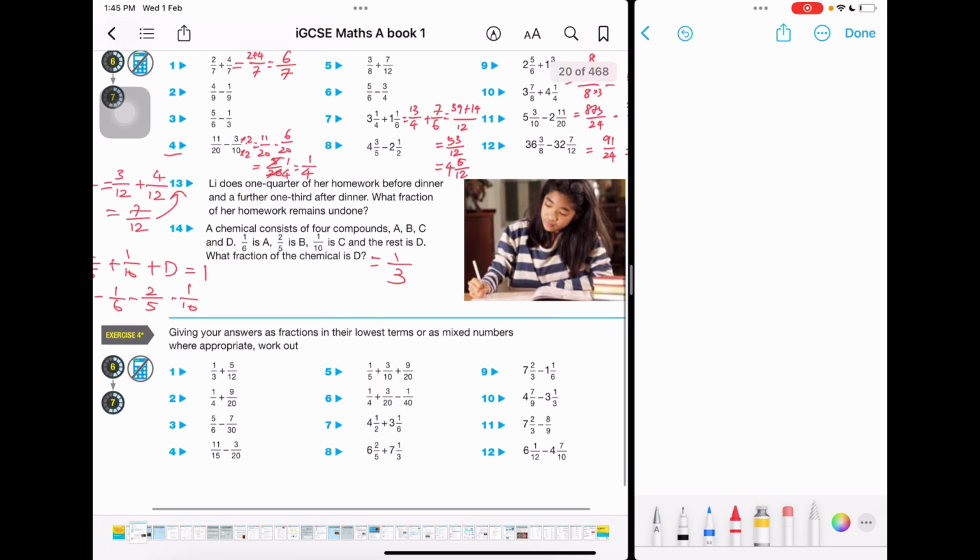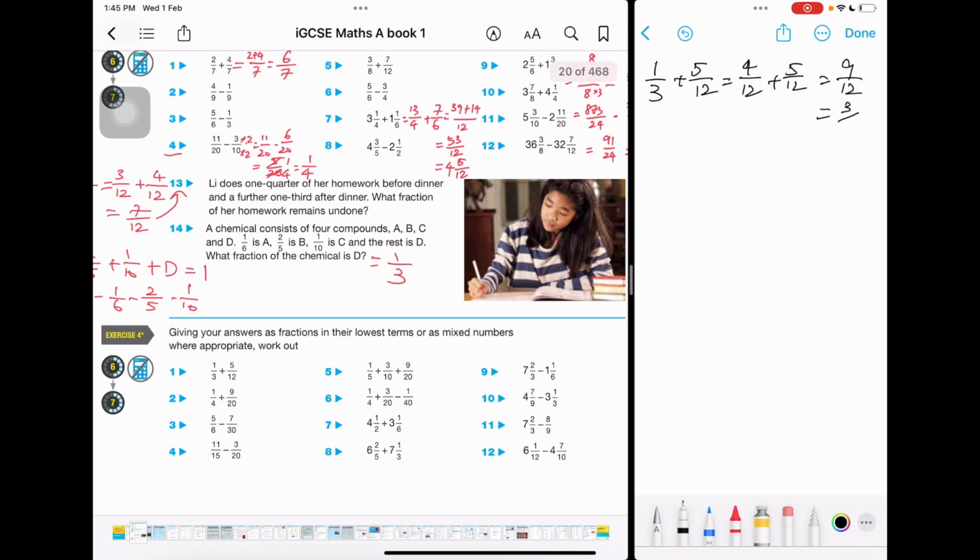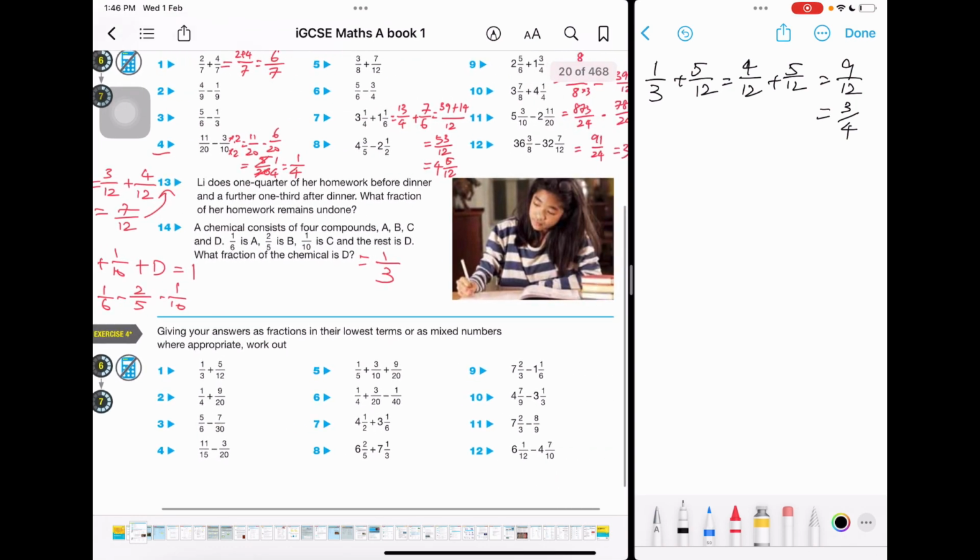Okay, so let's begin with question 1. You have 1/3 plus 5 over 12. You will have to make the common denominator. From here you can see that 12 can be the common denominator because 3 you can multiply by 4. So this will give you 4 over 12 plus 5 over 12, which gives you 9 over 12. Nice single fraction. However, this is not the simplest form. If we change it to simplest form, this will become 3 and 4. Therefore, your answer will be 3/4. Okay, 3/4 for